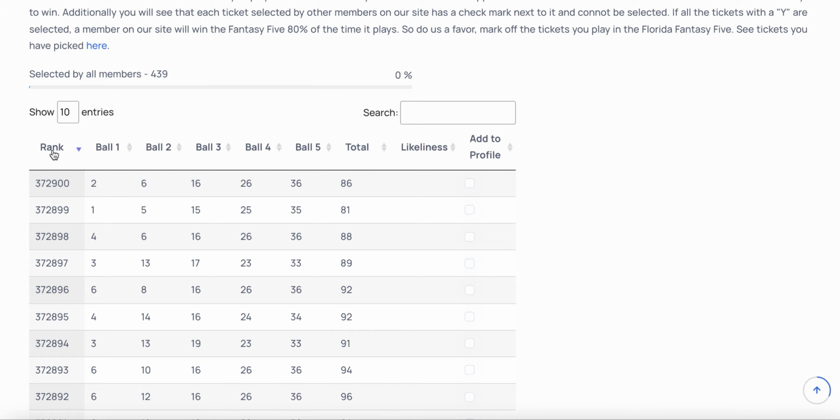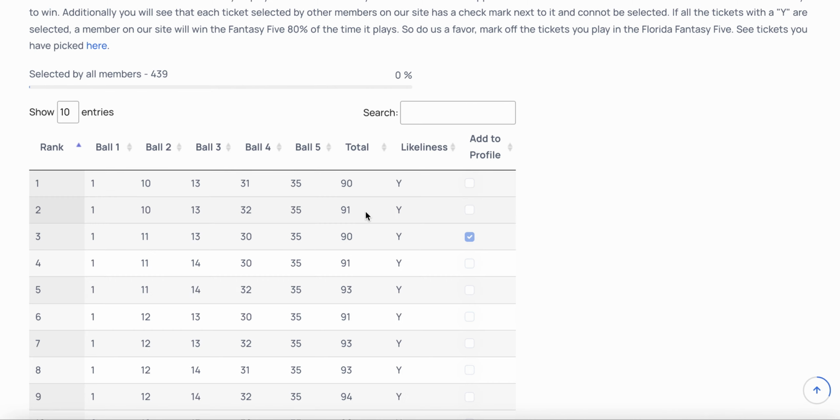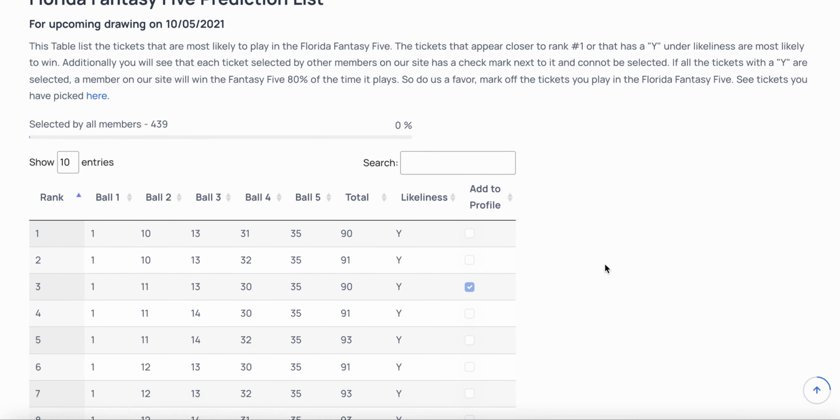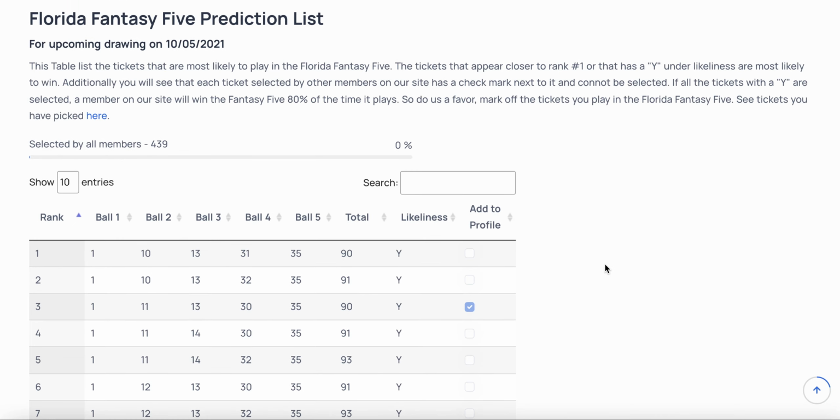All right. So this one is a prediction list. As I said, you could go ahead and read what it says here, and let us know if you find that interesting. I won't read all of that right now. What I was saying about the prediction list is that it allows you to select one of these numbers, or if there's a set of numbers that you frequently play within the Florida Fantasy 5, you could mark it off on the list, like someone marked off this one, so we know someone